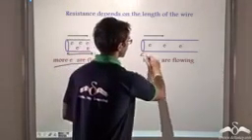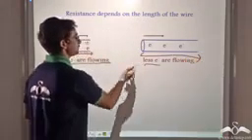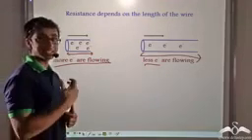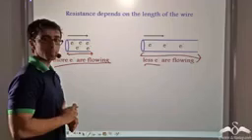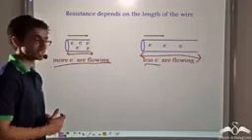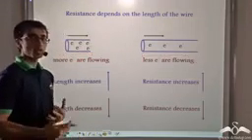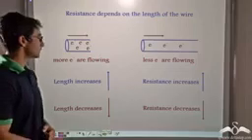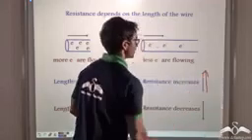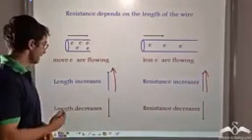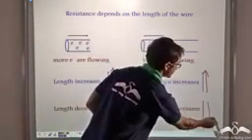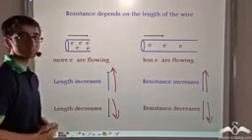Now if the length of the conductor is more, less electrons will be flowing. Why? Because since in that case the obstructions and the collisions will increase, lesser electrons will flow because they have to travel a longer distance, which means more number of collisions. So what can we say? We can say that when length increases, resistance increases along with it, because it involves more number of collisions. And when length decreases, the resistance also decreases along with it, because it means lesser number of collisions.